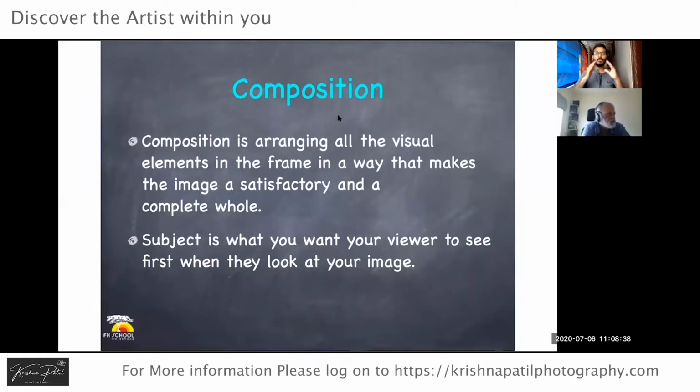कंपोजिशन means it's an arranging of all visual elements in the frame in a way that makes an image a satisfactory and a complete whole. तो जो भी मैं कैप्चर कर रहा हूँ मेरे कैमरा से, तो उसमें जो मुझे दिखाई दे रहा है, जितना मेरा इमेज कैप्चर होगा उस फ्रेम में मुझे सारी चीजें दिखाई दे रही है। तो मुझे अभी मेरा कैमरा जो क्लिक करूंगा उसका कहाँ पर एंगल करना है। मैं हमेशा कभी हम लोग बोलते हैं, ये वर्ड आपने सुना होगा कि कैमरा एंगल चेंज कर, मतलब क्या कि आपका कंपोजिशन जो है वो चेंज करना है।